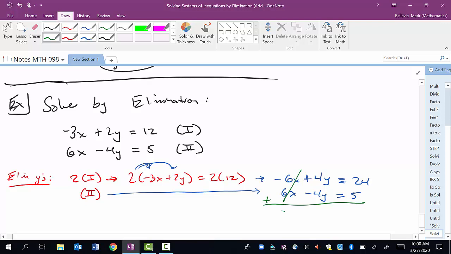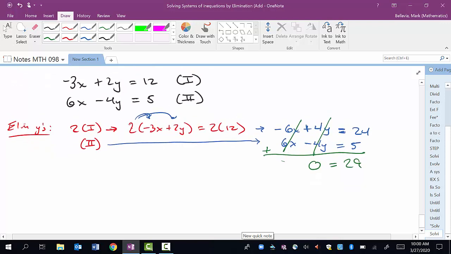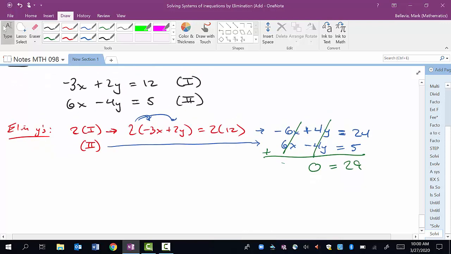Positive 4y - 4y, well, those cancel to a 0y, and that should cancel because we chose to eliminate y, so that cancels. So this entire left side just became 0, right? It's like 0 + 0 is just 0. It's equal to, on the right side, 24 + 5 would be 29. So we have a situation here where all our variables canceled. Remember, when you have this come up, and you get something that's false, we call this a